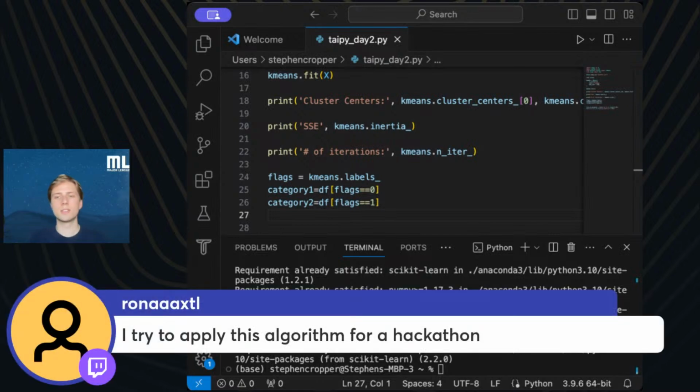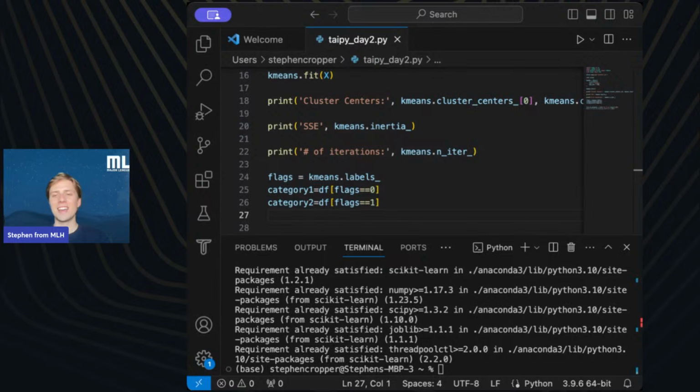Ronak says, I tried to apply this algorithm for a hackathon. That's cool. Yeah, it's a very popular algorithm, this k-means clustering. And there's another similar algorithm, in a sense, called k-nearest neighbors. And they're actually two quite different algorithms. But they both rely on finding what are the nearby things and minimizing.